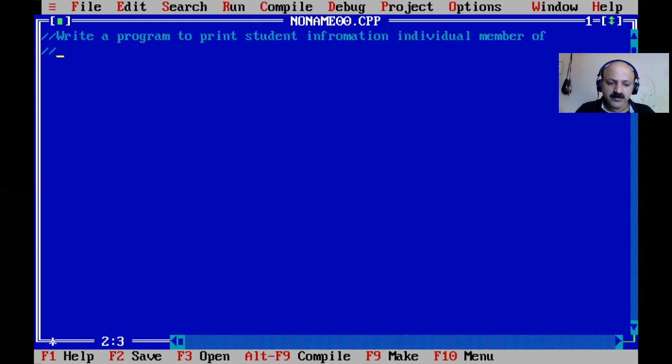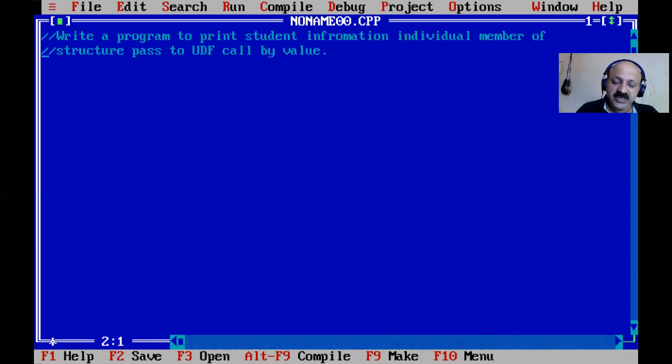So individual members of structure pass to UDF, user defined function, and the next technique is call by value. Call by value and call by reference are two important concepts in UDF.